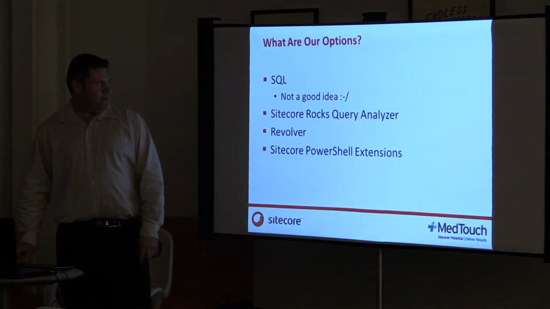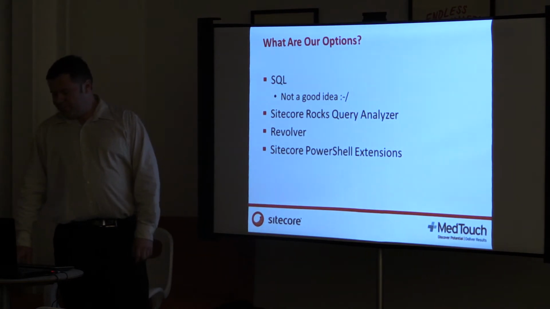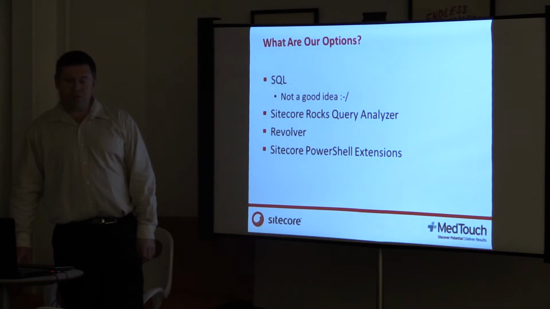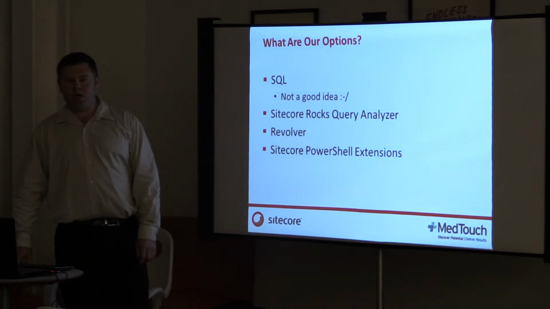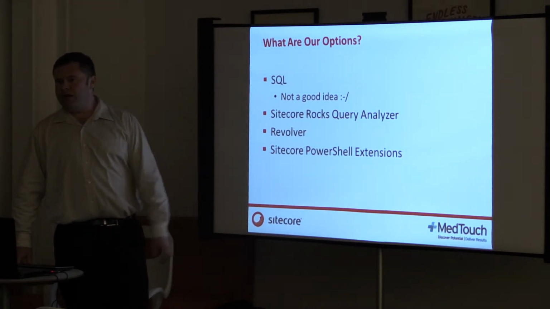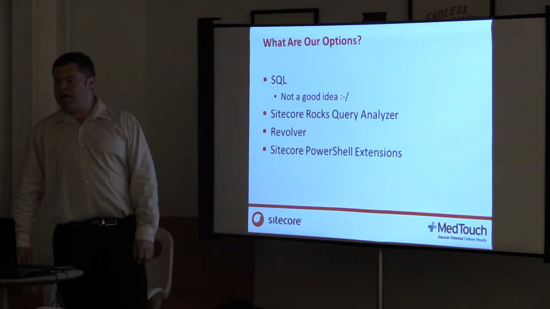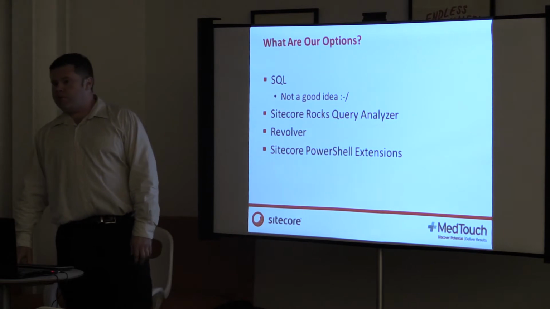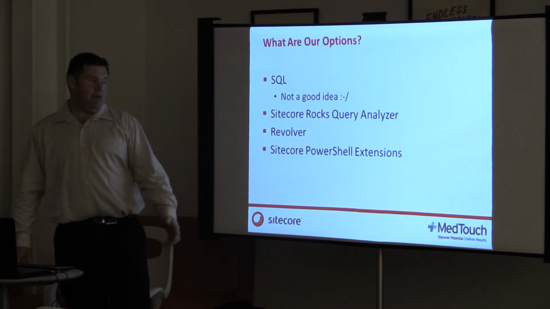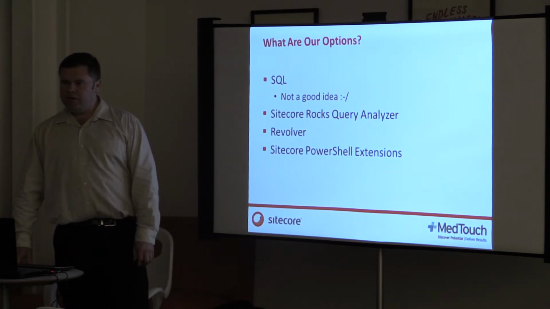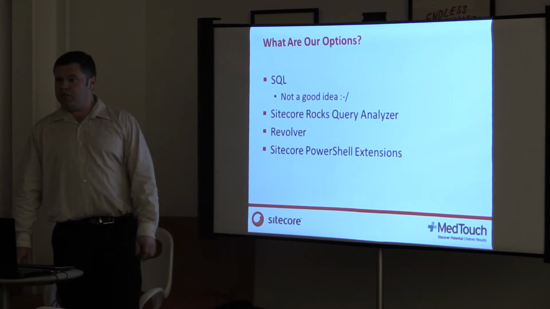So, what are our options? Well, you have SQL. I hate hearing people talk about updating things in Sitecore using SQL. I think that's the worst possible thing unless you have to do it. I don't see why you would ever have to do it, but there was something on Twitter recently that, hey, I have to export passwords out of the membership databases. Well, maybe, but even then, I would say investigate some other kind of solution. There's a rich API that we can use. Why would you go into the database and fudge around with it?